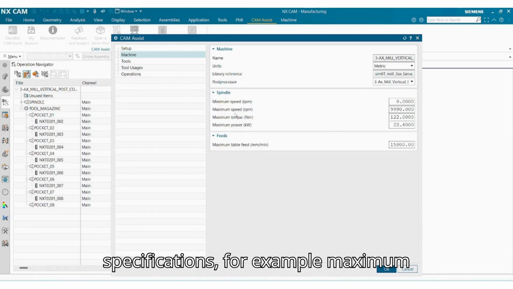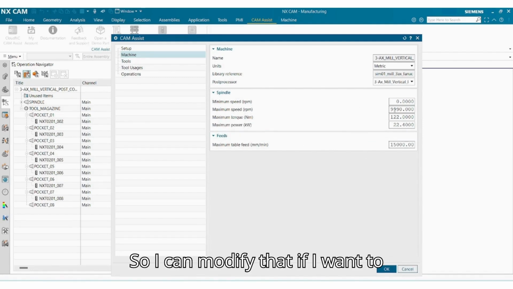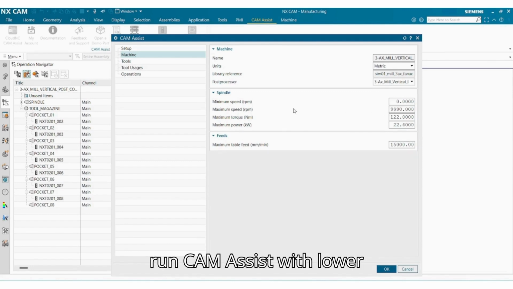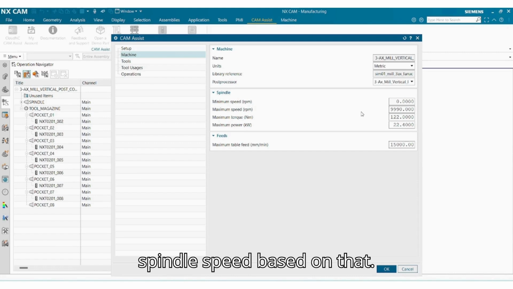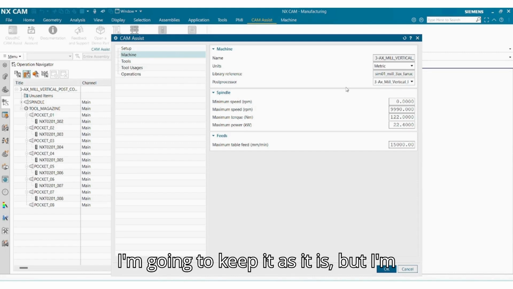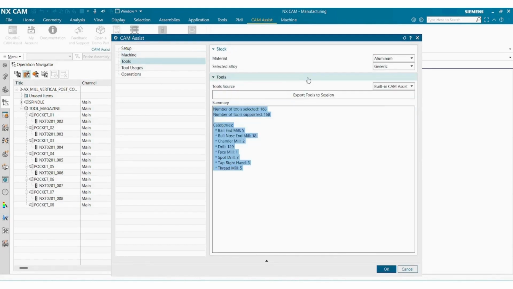For example, maximum speed, maximum torque, and maximum power. So I can modify that if I want to run CAM Assist with a lower maximum speed, and then we can limit the spindle speed based on that. I'm going to keep it as it is, but I'm going to go to the Tools tab